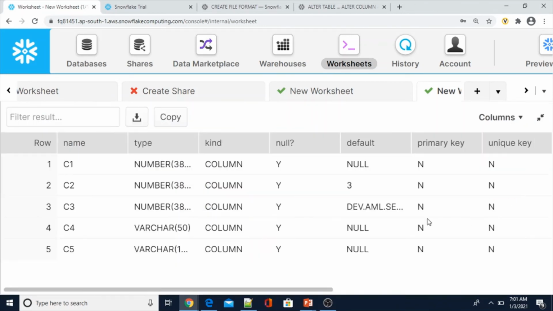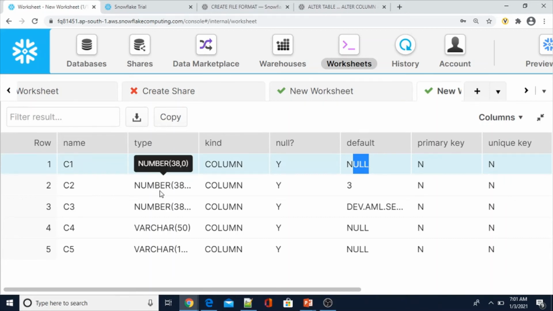Let me click on this one. If you see C1, earlier it was NOT NULL, now it has become nullable. And C2, earlier also it was there, we didn't make many changes. And C3, because that statement failed, nothing happened to this table because of that error.